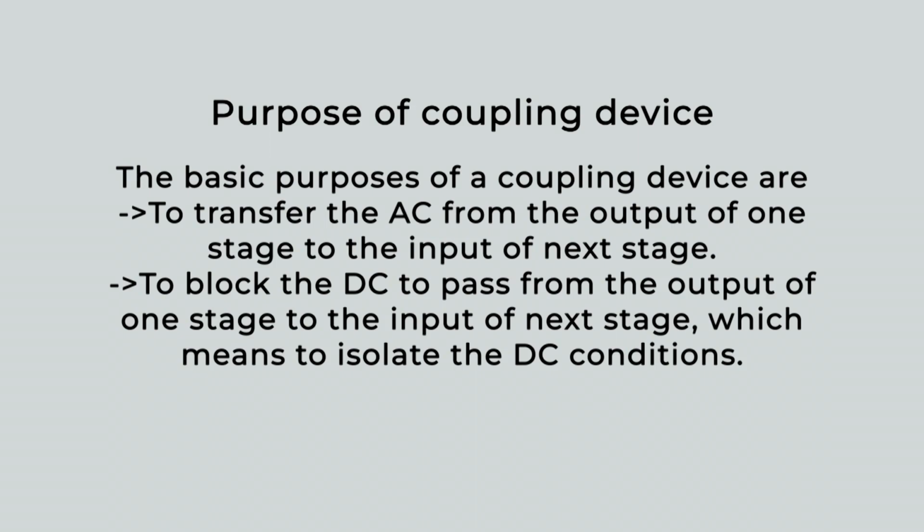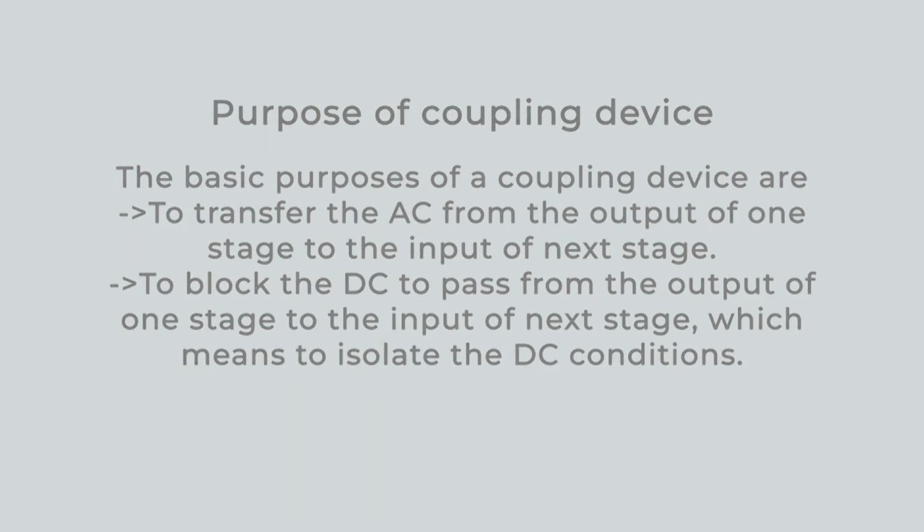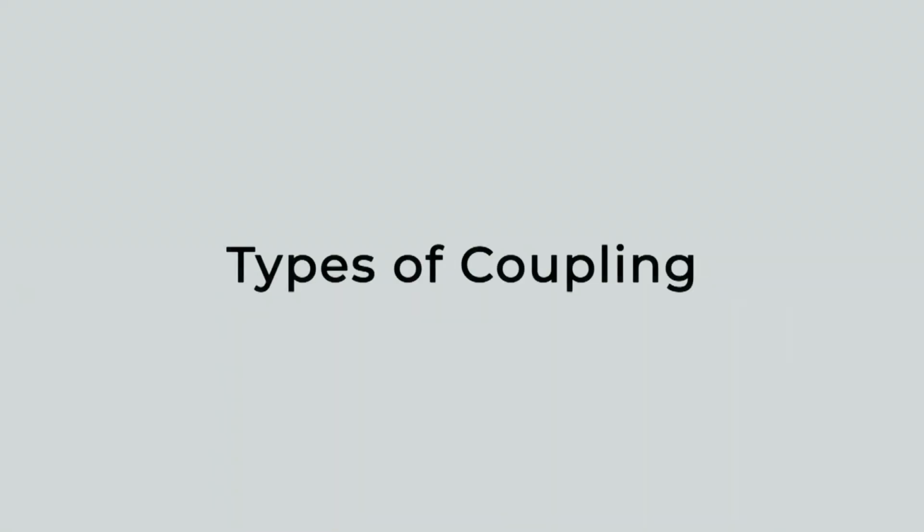Second, to block the DC from passing from the output of one stage to the input of the next stage, which means to isolate the DC condition. Now, the types of coupling. There are 4 basic methods of coupling. First one is resistance capacitance coupling,